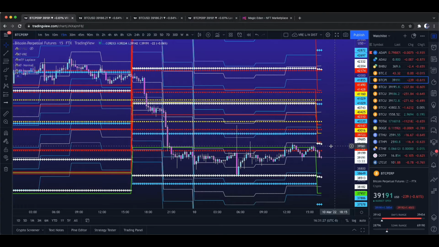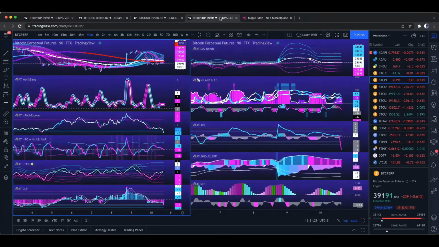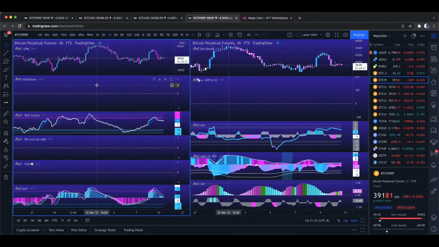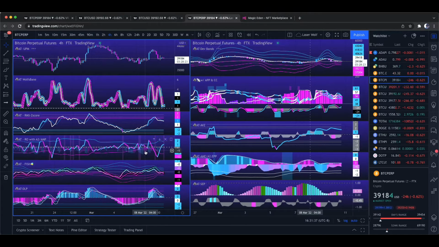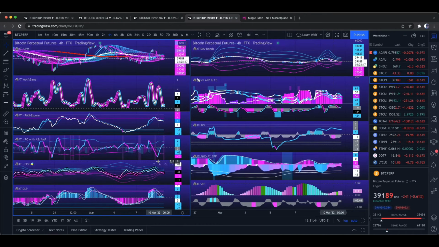Let's take a peek over here. See what's going on intraday. Okay, we just started a new 4-hour candle of the new day. And right before we started recording, I was talking about how Bitcoin was setting up this hidden bull divergence. The returns oscillator has gone all the way back up to the top side with hardly any movement back up to the top. You had this second 4-hour candle of the day, right? It popped a little bit, but